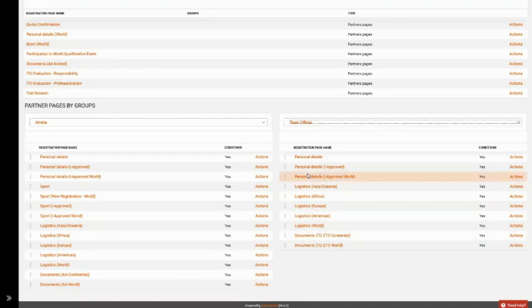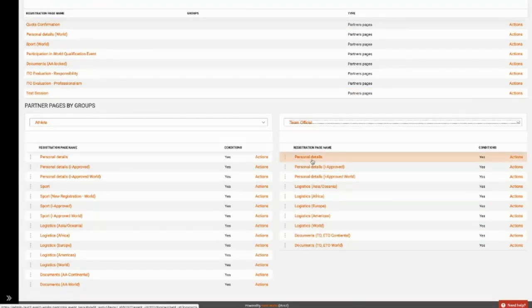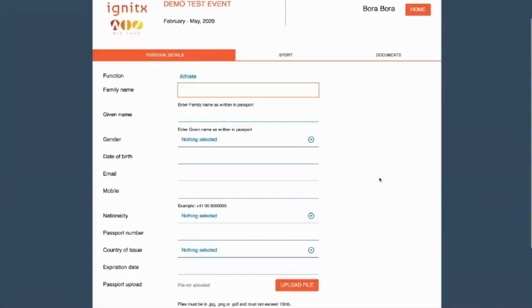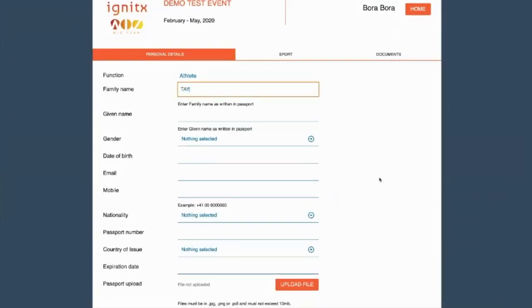So when this person is newly registered, he will see the personal details. And because this person is registering in the group of world, he will see this logistics world as well, because I've put a condition in this page to say that all new participants in the world group will look at this form. And this person will also see the sport, because the sport, we need to allow them to include into the form. So if I go here and I'm gonna put in my brother's name,